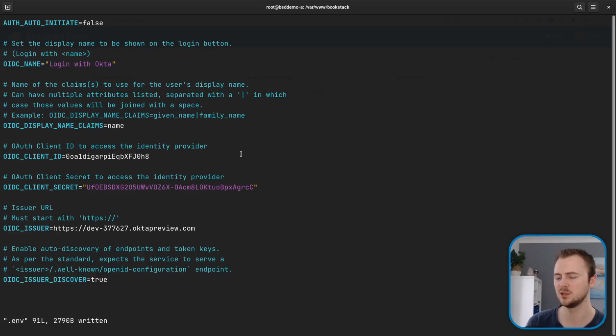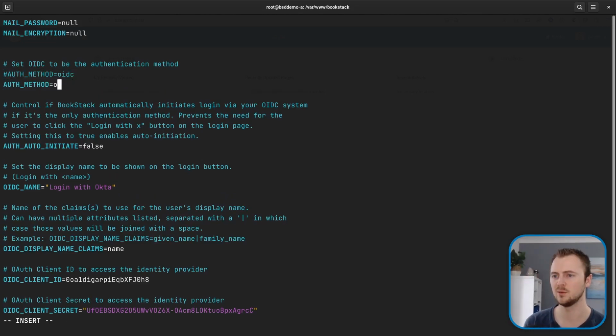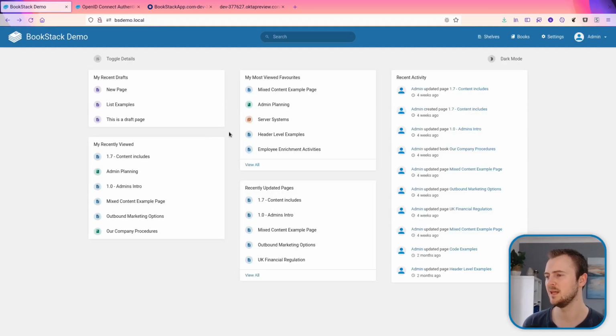So if we go back to our .env file where we've done the settings, go back up to the auth method, and then what I'm going to do is comment this line out, and I'm also going to copy it and paste it. We'll add another one, standard. So we've kept that in there just so I can easily toggle between these, but we've changed this back to standard. We'll save this, go back to my BookStack instance, and now flipping back over, I'm logged in as admin